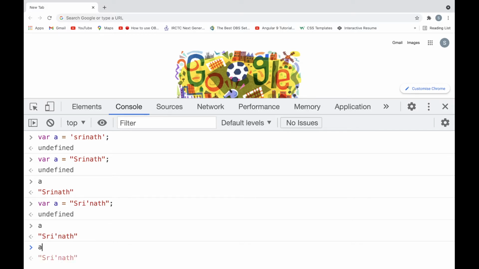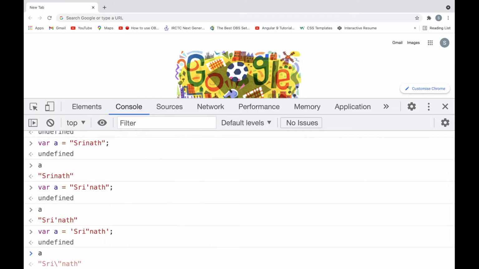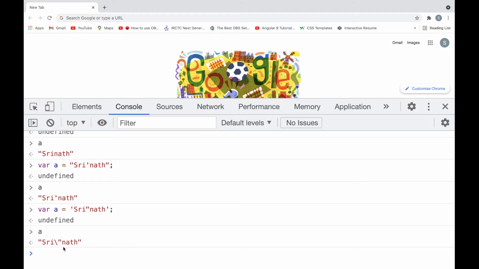One more example: if you use single quotes outside, here you can use double quotes. Because I used single quotes outside, inside I am using double quotes. Now let's call this one, and it is coming like this.